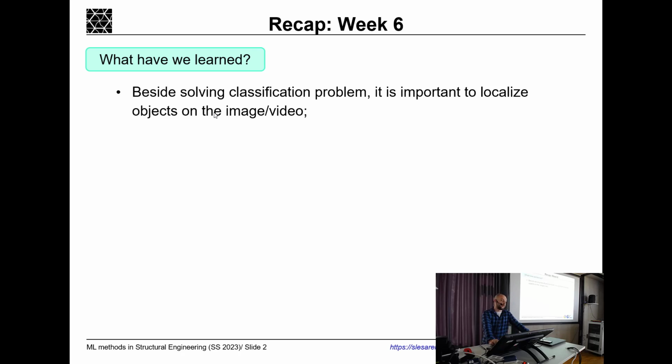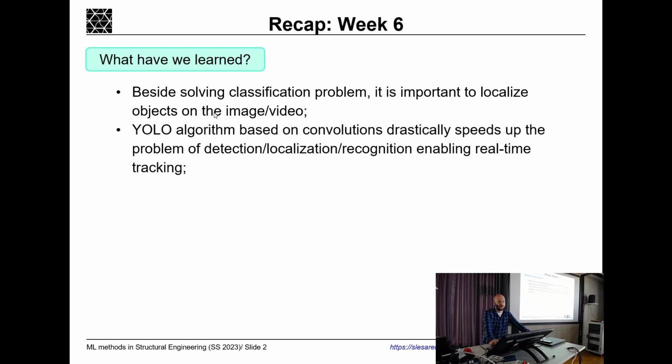Right now, in industry or everywhere, the detection and tracking of objects in images is one of the most popular topics of machine learning. So we got familiar with the YOLO algorithm, You Only Look Once, based on convolutions that drastically speeds up the problem of detection, localization, recognition,